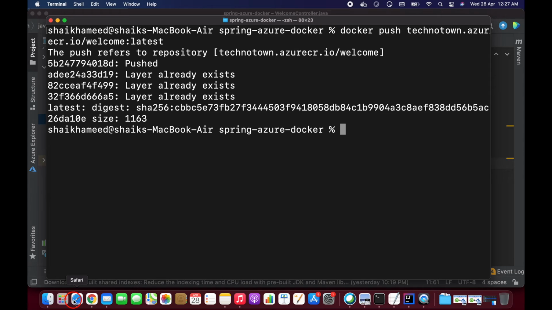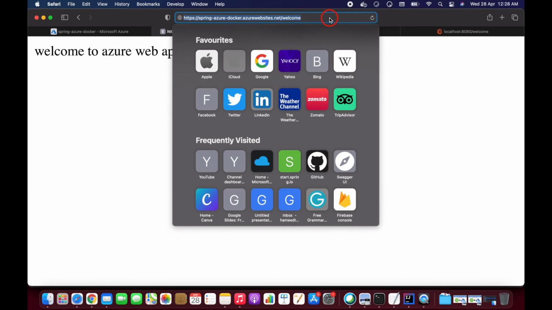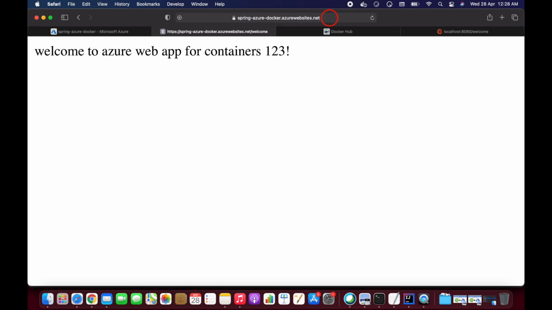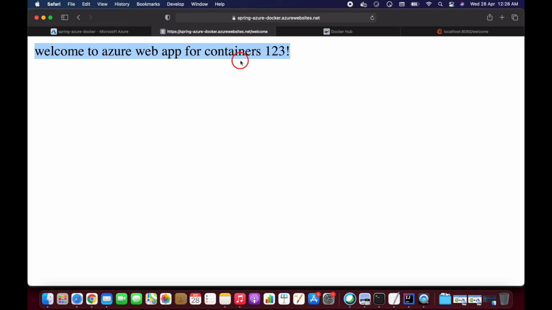So it's successfully pushed, and go there. See here, welcome to Azure web app for containers 1 2 3. So whatever new changes we have done, we are able to see successfully. Okay, so till now it's fine, guys.